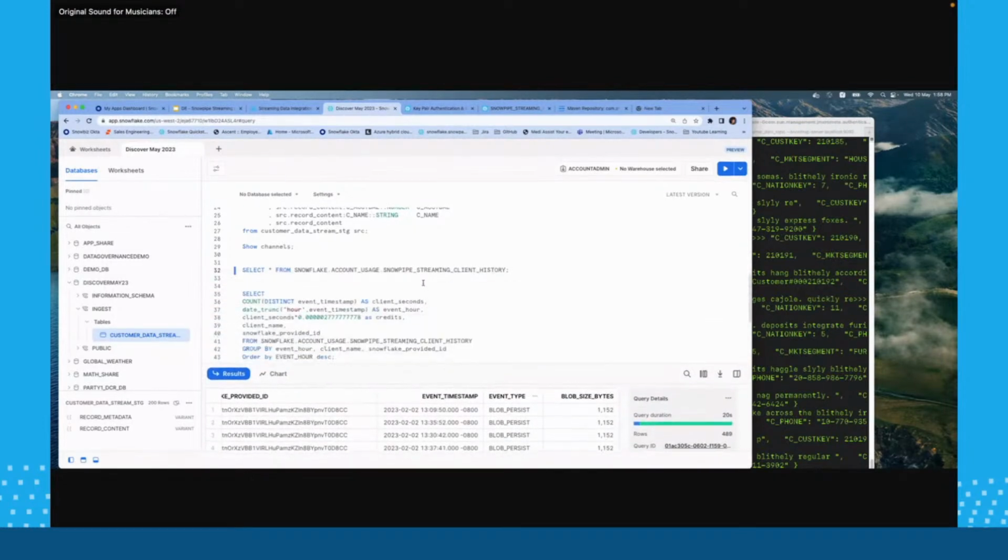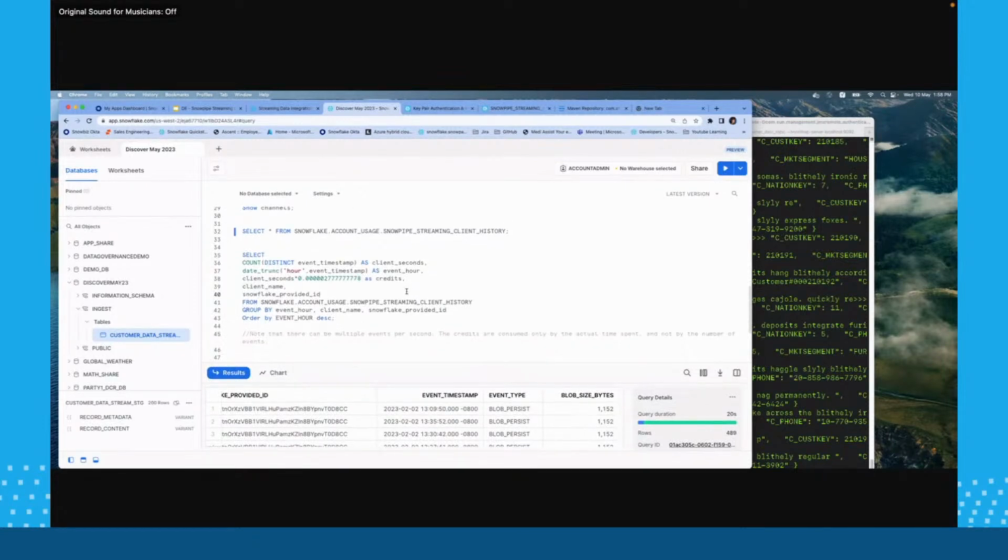Now, if you remember, in the beginning I was talking about the different factors which add up to the credit usage: the clients, the event hours, the credits, and the number of clients. So this query, don't worry about it. This is all there in the documentation. If you type Snowpipe streaming costs, you will definitely see this particular query. So I just copied it from the documentation for ease of use.